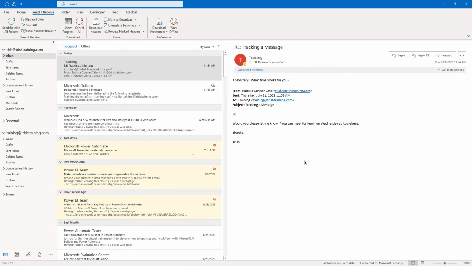So Outlook has another feature that we're going to learn about now. And this one is the recall or resend feature. Maybe you click send on an email accidentally and you weren't done typing it, or you send the email to the wrong person. As long as that person doesn't read the email, you will be able to recall it.